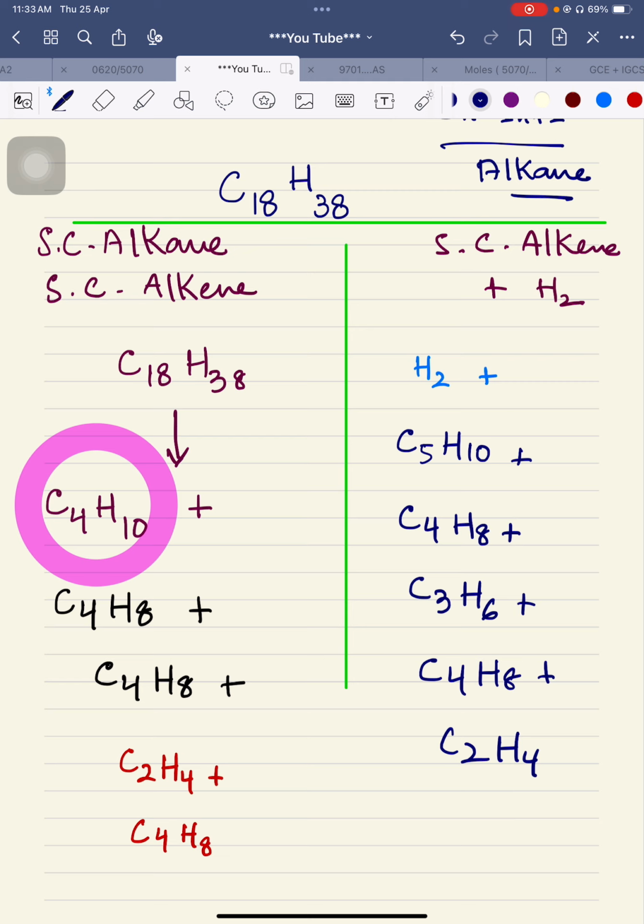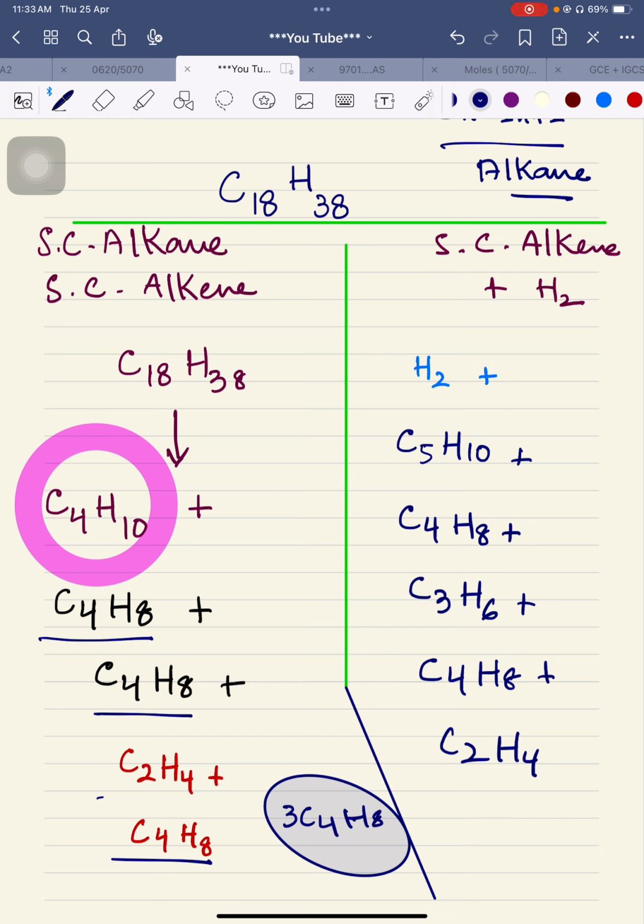Oh, this time, teacher, you have made all of them separate. Yes, you can make each of them separate. The other way around, you can make 2C4, 3C4 in that case as well. One more question which might be in your brain right now: instead of writing one C4, another C4, another C4, can we write 3C4H8 as well? Yes, you are perfectly allowed to write 3C4H8 as well, but it can create confusion for those students who have